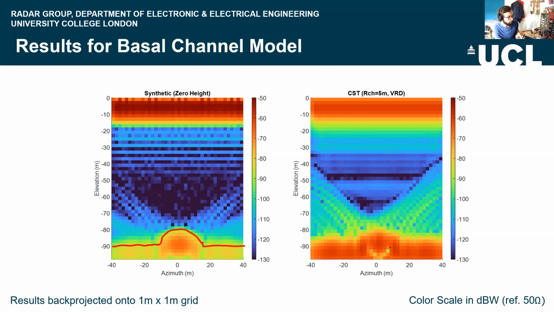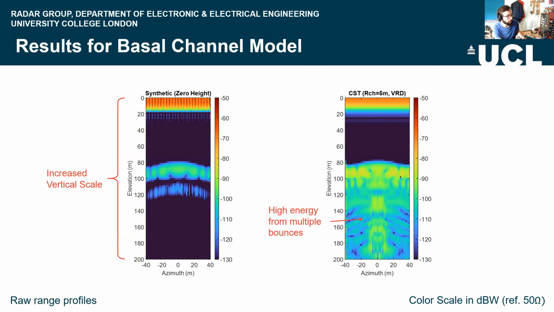And second of all, there is a slight shift in range between the two. That's consistent across all of the synthetic and validation models. And we can see here also these arcs on the side of each projected image are also brighter in the CST model. So to explore why those arcs appear brighter, this is now looking at the raw range